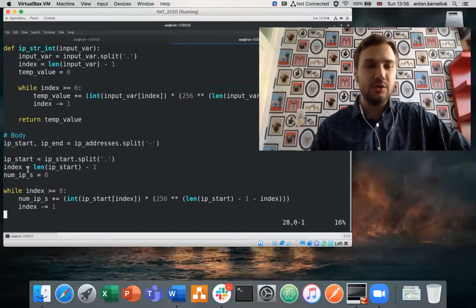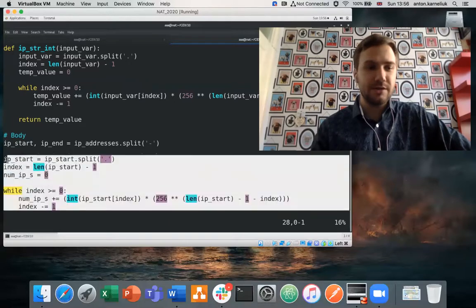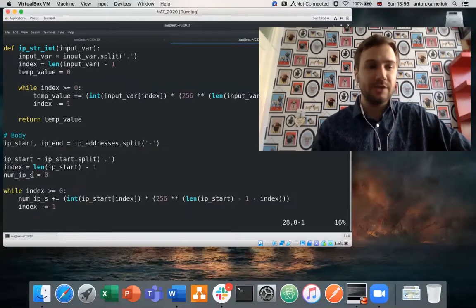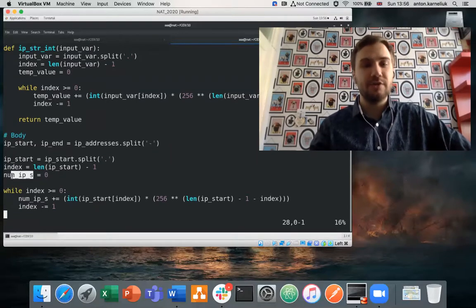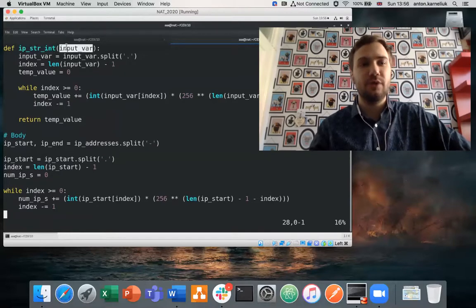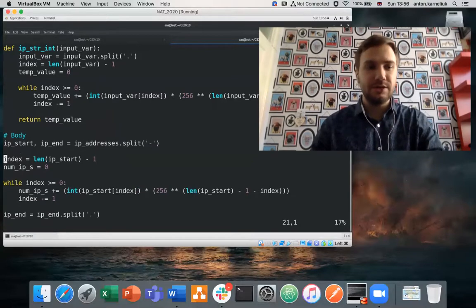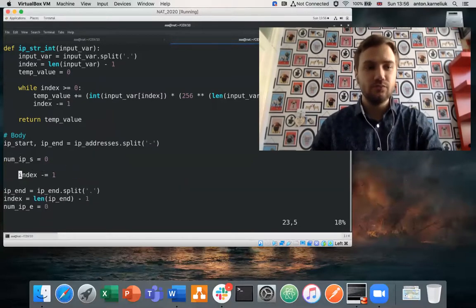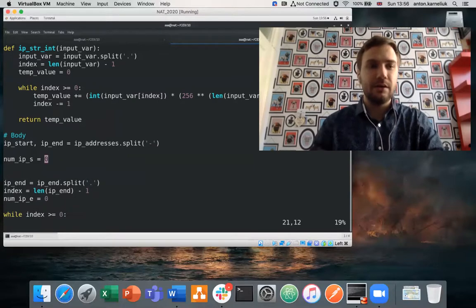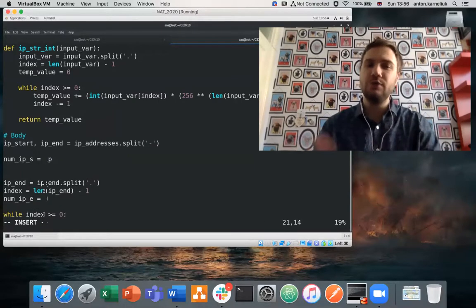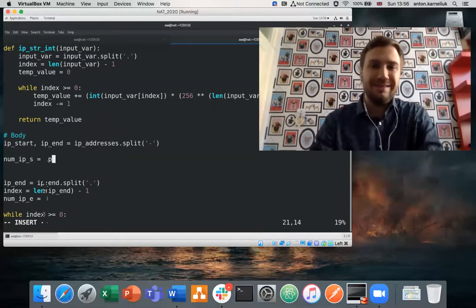So that's why we could remove this part, and just as we use further in our code, the variable num_IP_s, we just assign to this value the result of the execution of the function input string, put in the proper input here. So what we do, we delete these strings, and here we use it further